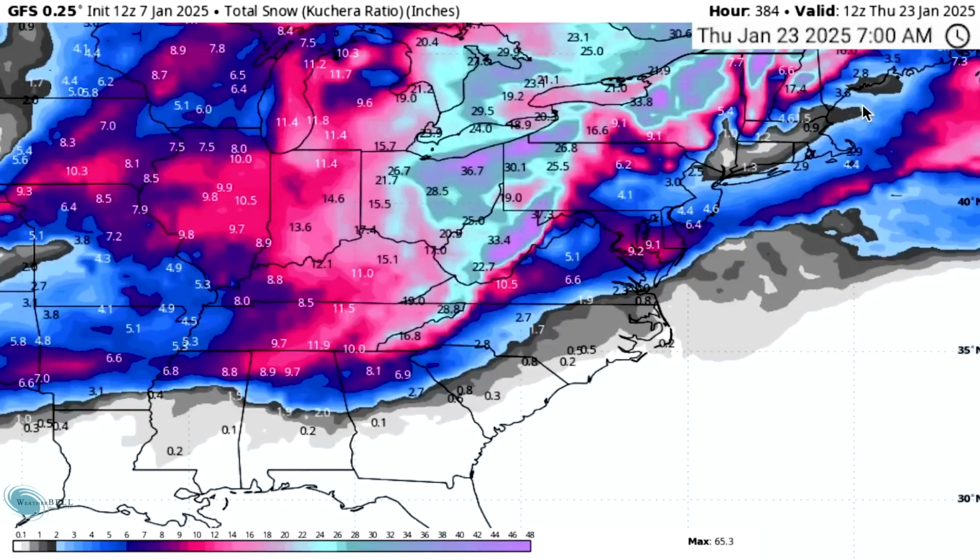There's still enough time for these models to pull their regular shenanigans and start moving back and forth, but we might be settling into something here. I feel like the models are moving closer and closer together, and it is something very similar to what the European model is showing. So that could be what wins out here.